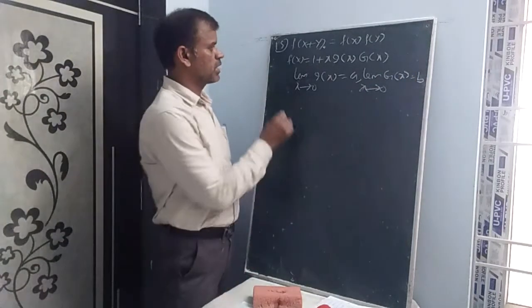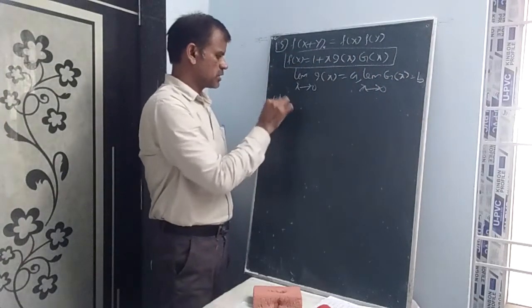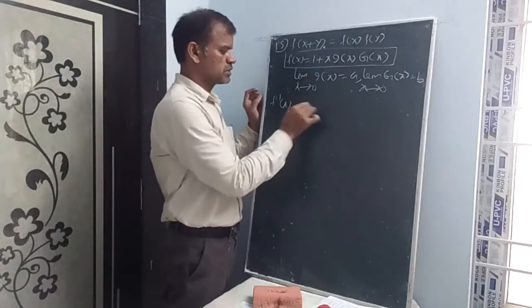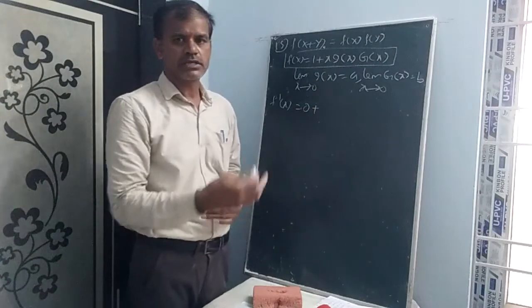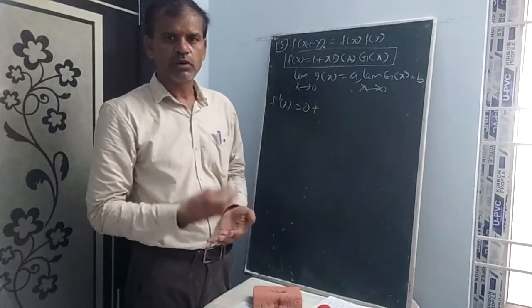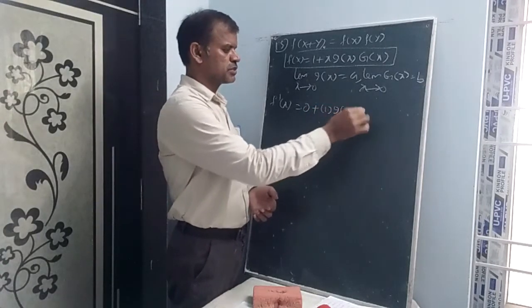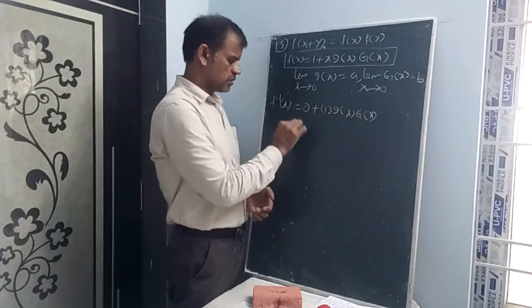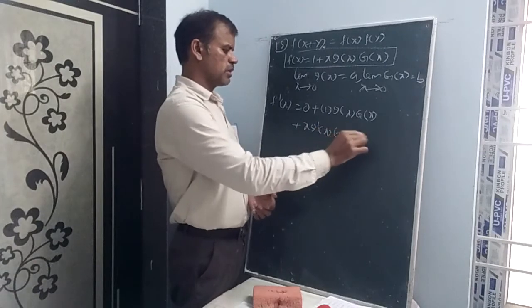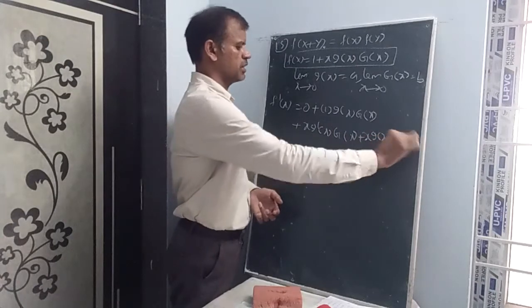Then what is the value of f dash x? Now let us calculate the derivative of this one, f dash x. I think you have remembered the concept of (uvw) dash. Of course, this one's derivative is 0. The (uvw) whole dash formula is u dash v w plus u v dash w plus u v w dash. So first x derivative 1 into g of x into capital G of x, plus x into small g dash x into capital G of x, plus x into small g of x into capital G dash of x.